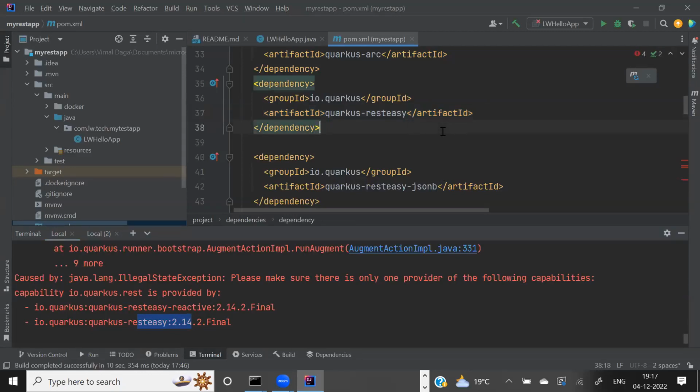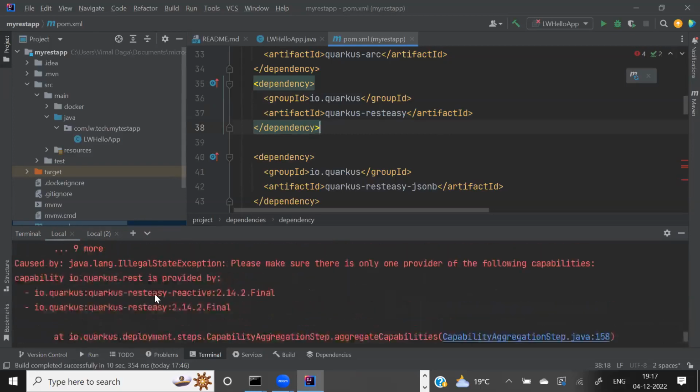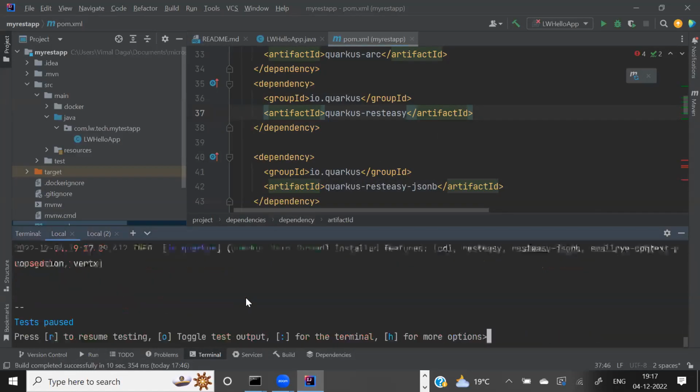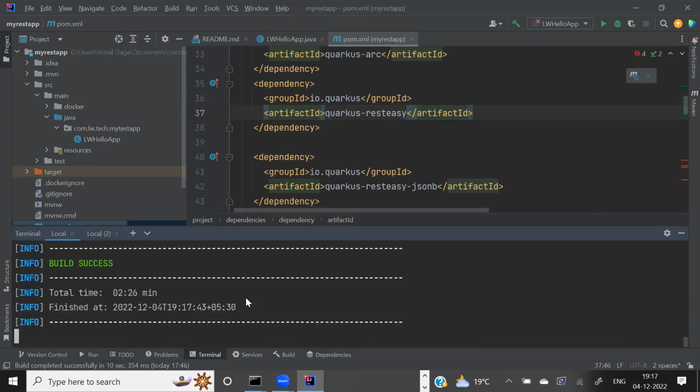Reactive is not important to discuss right now, but based on my error, what I've figured out is that I was using a reactive one, and they're asking me to use this. They might support this one. You can see the documentation also, we can find it there. As we progress, we'll see more about it, but I think this should work now.